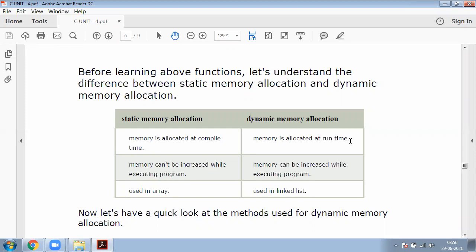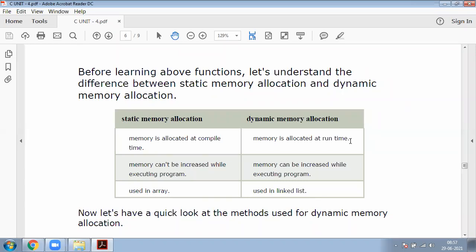So simply, static memory allocation is used in arrays, but dynamic memory allocation is used in linked lists. These are the main differences. The conclusion is that we can perform dynamic memory allocation with the help of four functions: malloc, calloc, realloc, and free.